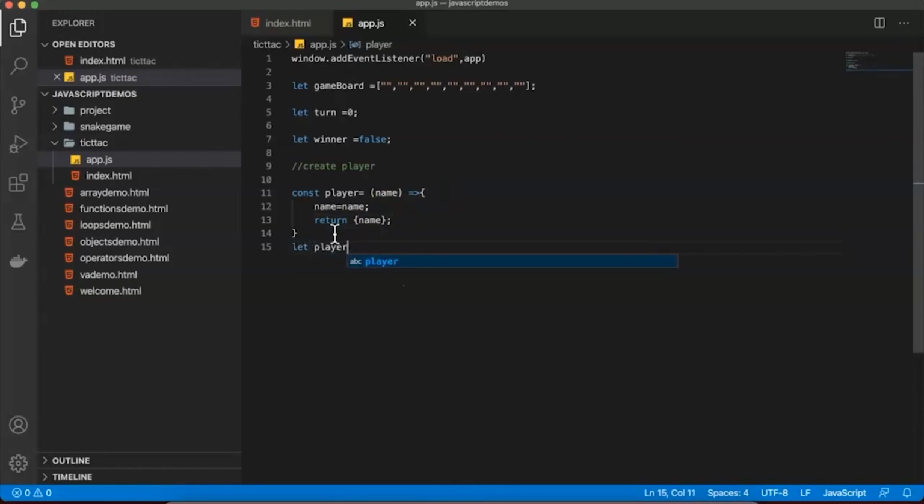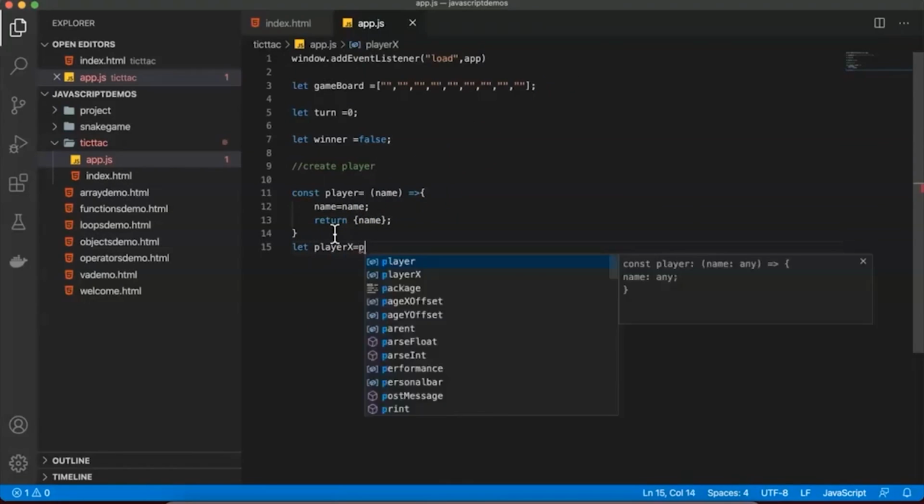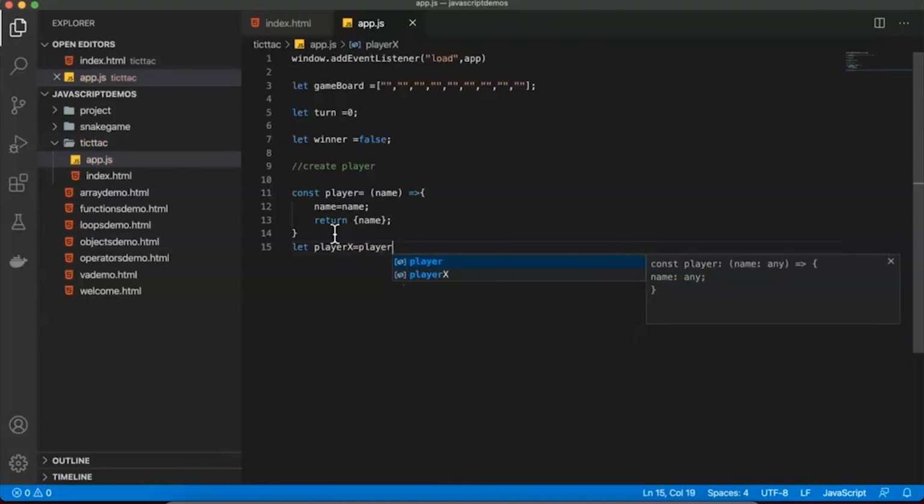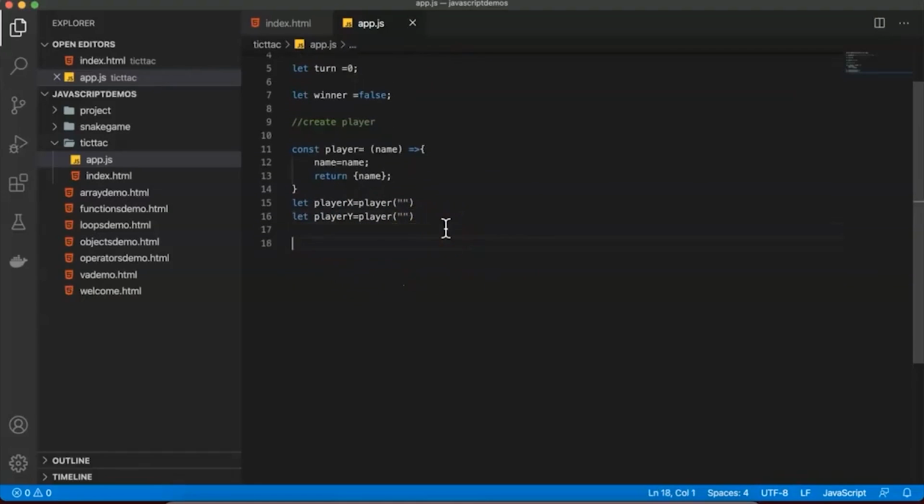After that I'm defining let player x equal to player with the empty value, and again player y equal to player as an empty value. Now let's try to initialize the app. Now inside this initialize the app, we're going to create a new function